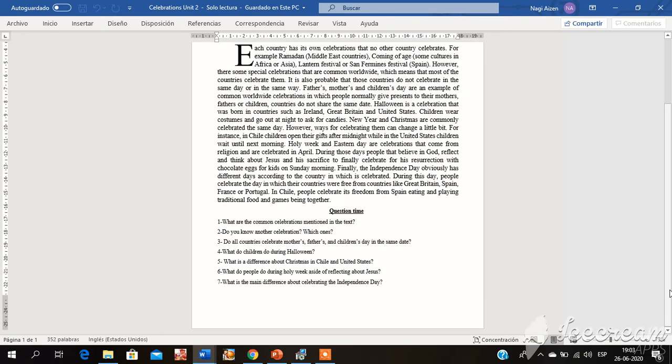The questions are really easy to understand, and as I said before, to start teaching them reading, I start with explicit questions to help students to find the answers in the text and write the same for the answers. So this is the activity, it's a very short and simple activity, but I consider that helping them and starting from the easy one and a very easy text is better than starting with a more complex text and maybe not very engaging.